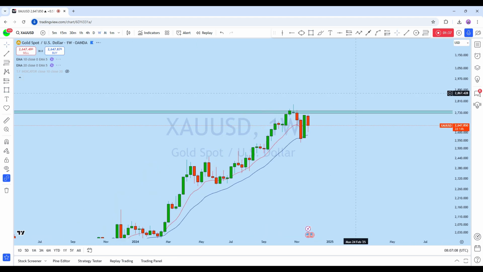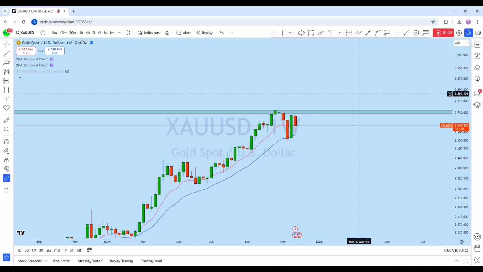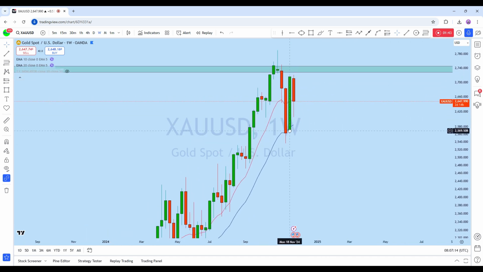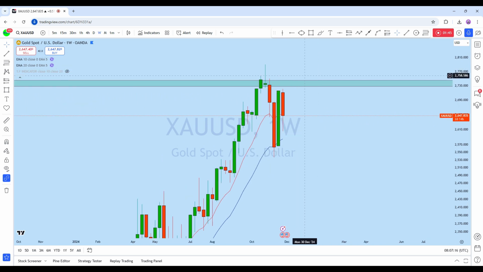Dropping down to the weekly chart, we can see that from the weekly perspective, this is the weekly bullish candle here, the previous week, followed by this week, after a break of this high, we can see there was a breakdown here on the weekly. Now this week we can see after a consolidation the market again slowly returning back to